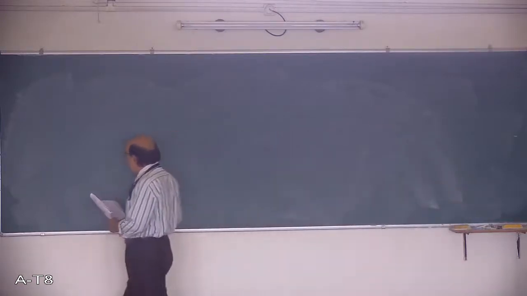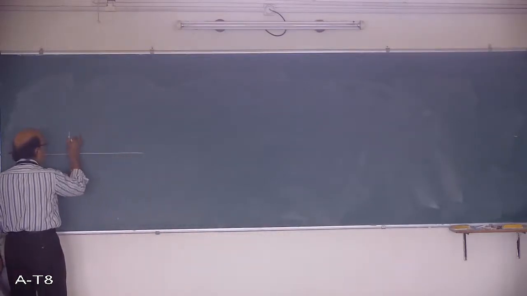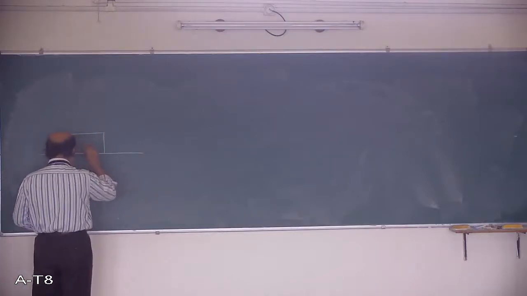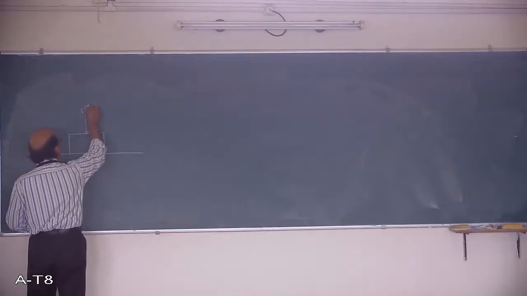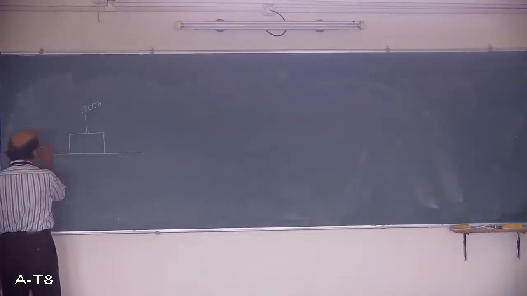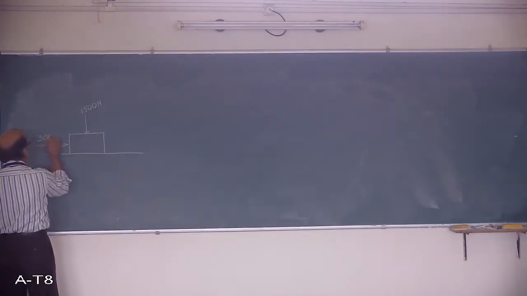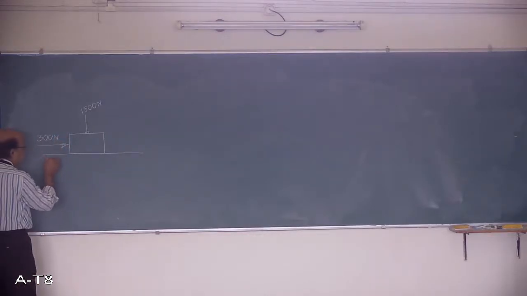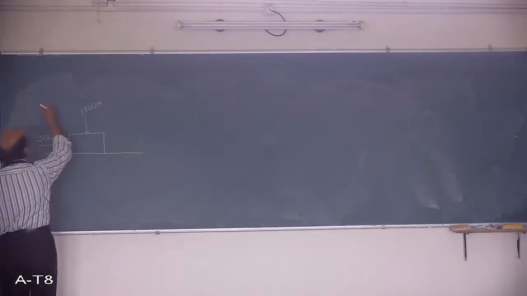This is one block on a plain floor. The block's weight is 1500 Newton. It is acted on by a force of 300 Newton applied horizontally. This is a floor. The block rests on the floor, and its initial velocity u is 0,